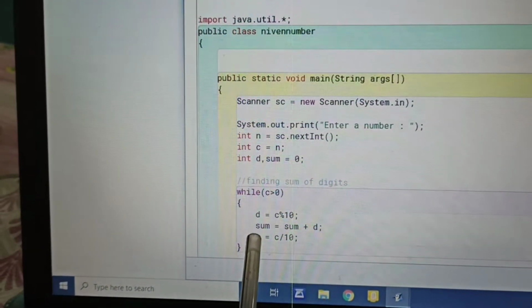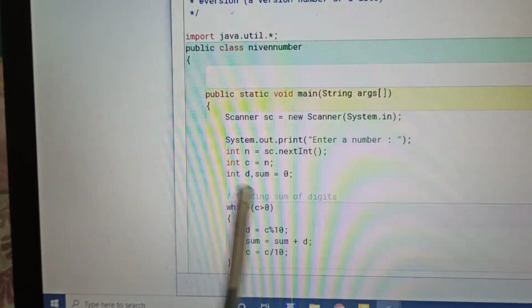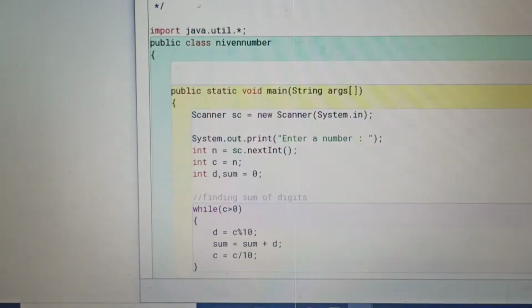Again the condition needs to be checked. 12 is greater than 0, yes.